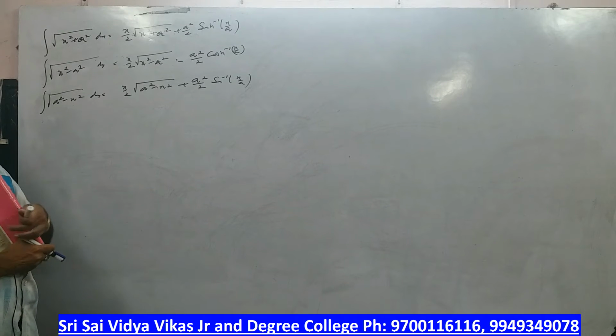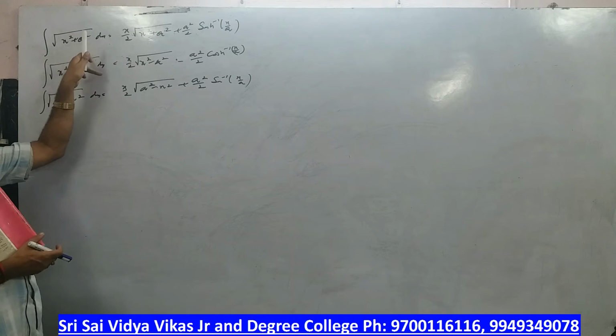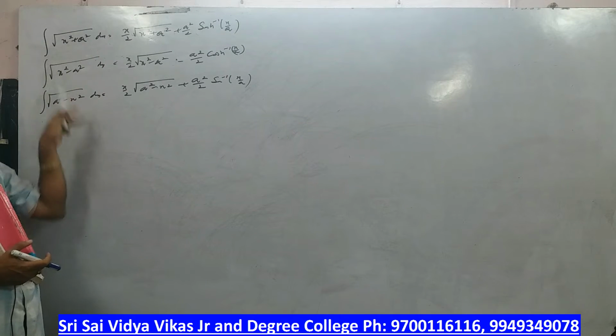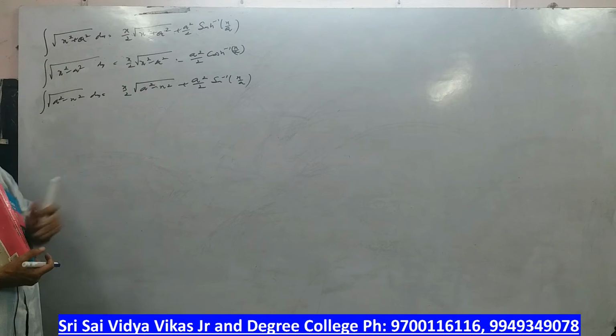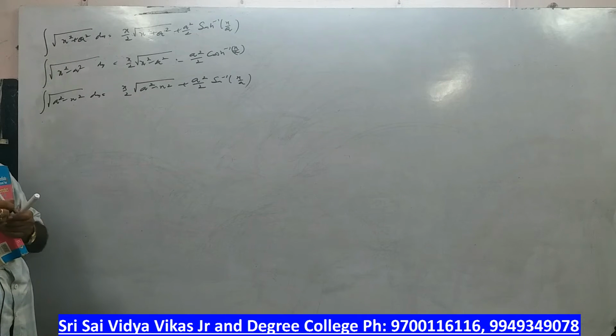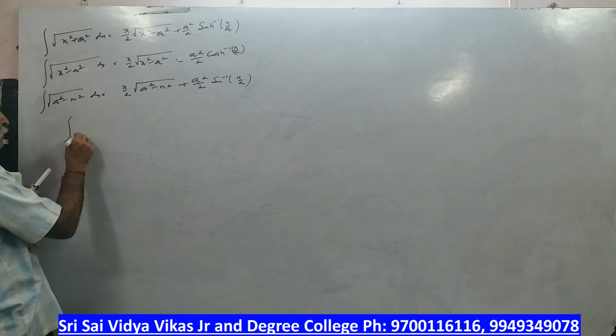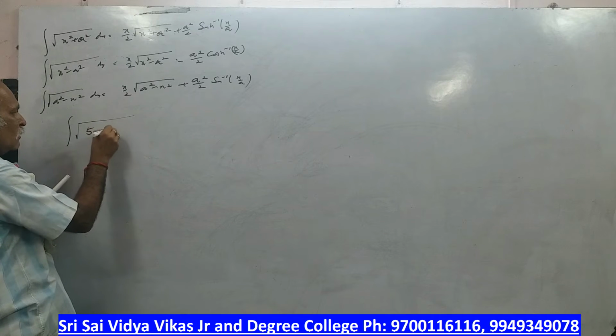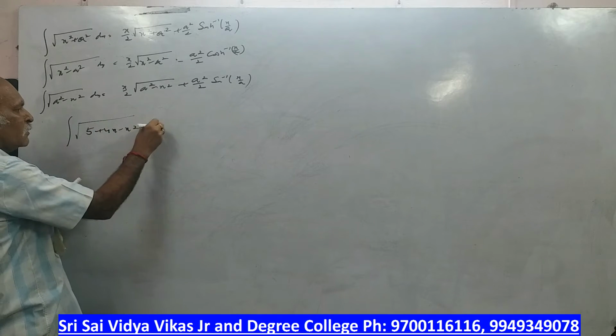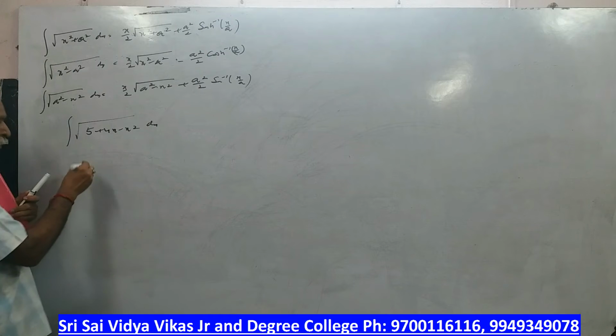Now we have the last set of formulas. Okay, we have seen the same formulas with the denominator without square root, and with the square root. The last set is this. Okay, again the procedure is the same. For example, if it is given like this, again what is the procedure?